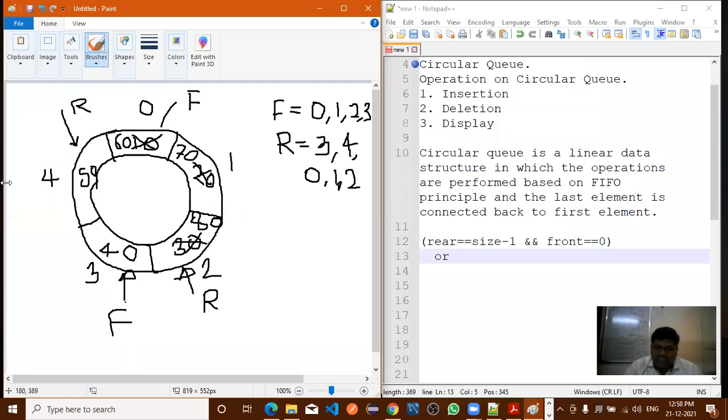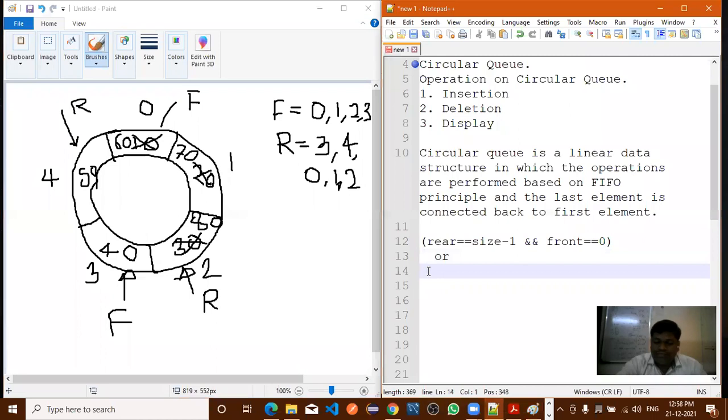By observing this diagram, you are saying the next element cannot be inserted in the circular queue. But how to check it using a condition? What should I write here? Rear is equal to front minus 1, or greater than equal to front minus 1, yes, that is also true.